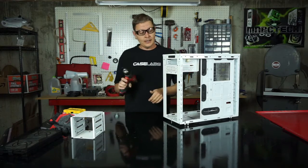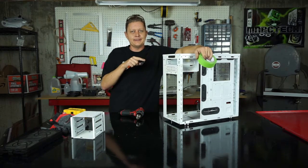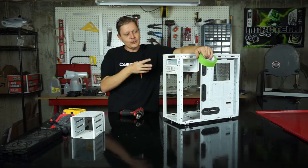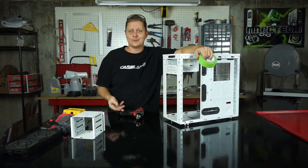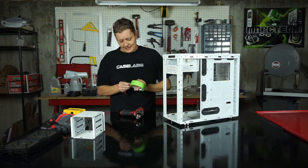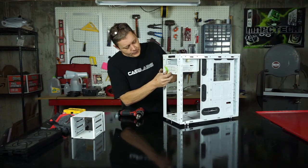And basically, well, let me show you what the tape's about. Now, I'm not worried about it because I'm probably going to go in and refinish this case. I'm still kind of thinking about it, not positive. But let's say you've painted your case and it's all pretty, and you're going to drill this rivet out. And man, you really don't want to tear anything up around it. You can take some tape. This is really useful when you're putting rivets in, but also when you're taking them out. You can take some tape, put it over the rivet,